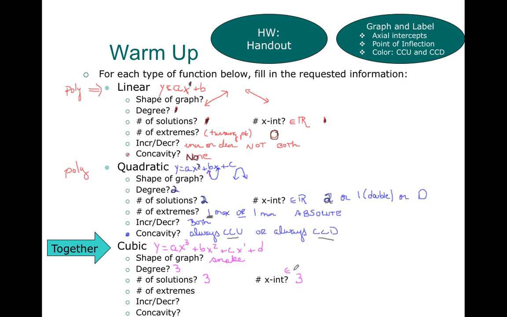Remembering x-intercepts have to be real numbers. Since there are 3 solutions, there can be at most 3 x-intercepts, but there might be 2 where one of those is a double. Or there might only be 1. Look at the extremes. A degree 1 has 0 extremes. A degree 2 has 1 extreme. Can you guess about a degree 3? That's right. It has at most 2 turning points, both a max and a min,